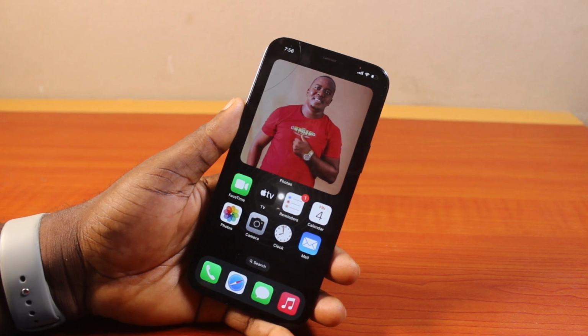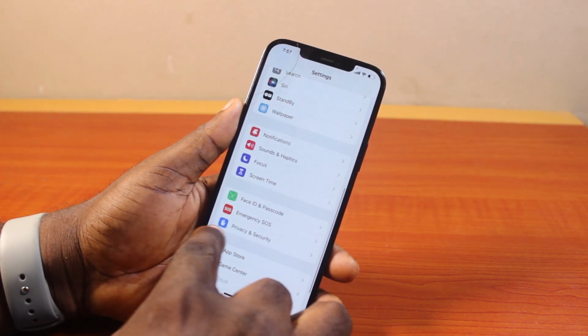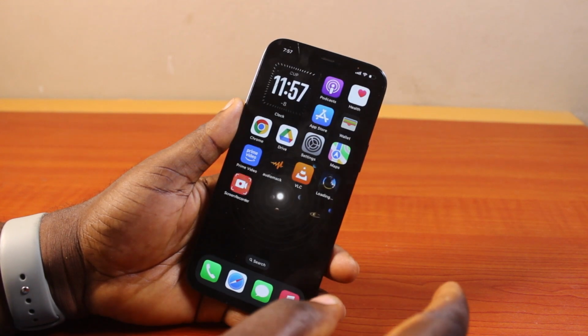settings. So if you want to hide your Face ID and passcode on your iPhone settings so that it will not be visible here, and also hide iCloud, then this video is going to walk you through how to do